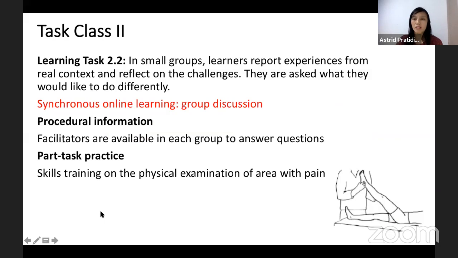Okay, so then we can continue to learning task 2.2. Back to synchronized online learning discussion. Some students can present their video recording, and then you can have a discussion about what they have done, and you can provide feedback. It is very good if you can tailor this session with a part task practice,